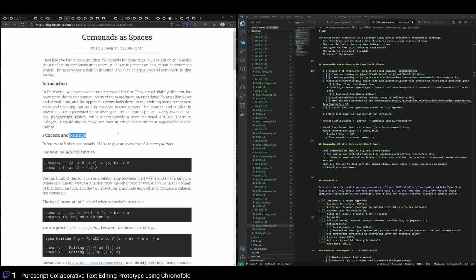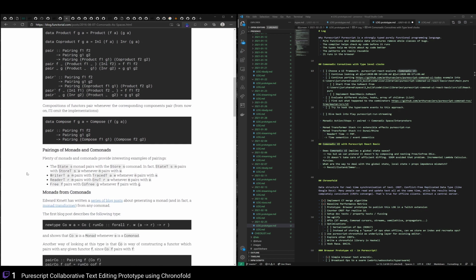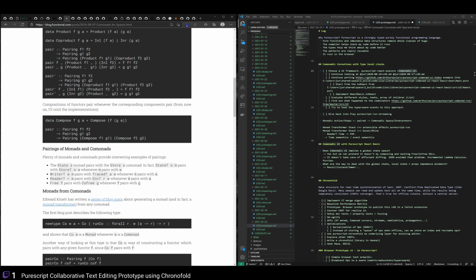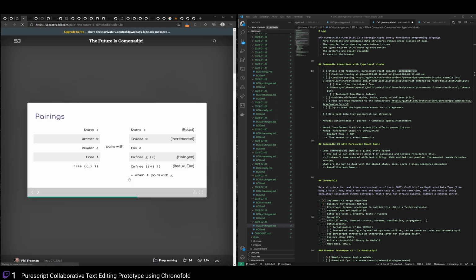with a free monad, and that this pattern is actually more general than that: the way that you pair a free monad with a cofree comonad is very similar to the way that you would pair a state monad with a store comonad, or a writer monad with a traced comonad, or a reader monad with an env comonad. And that, apart from the interesting way that these things pair, there's a deeper correspondence here,